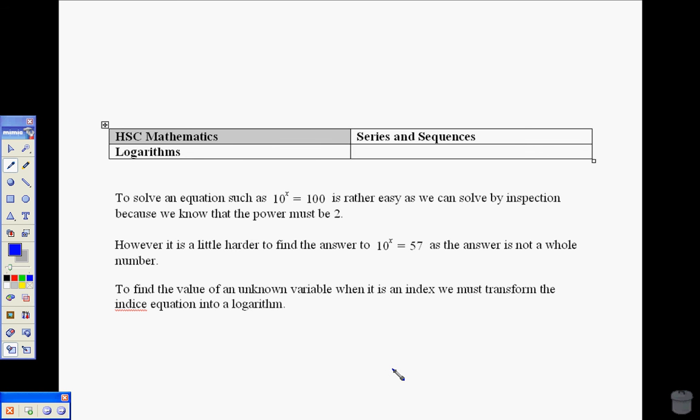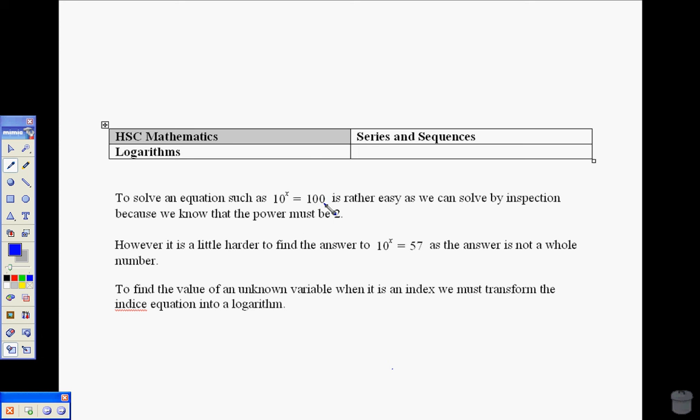Logarithms, we've heard about them, but what do they actually mean and why do we use them? Really, the idea of using a logarithm is to solve equations like this: 10 to the power of x is equal to 200, or 10 to the power of x is equal to 57. Now, you don't have to use logarithms to solve this first one, because we know